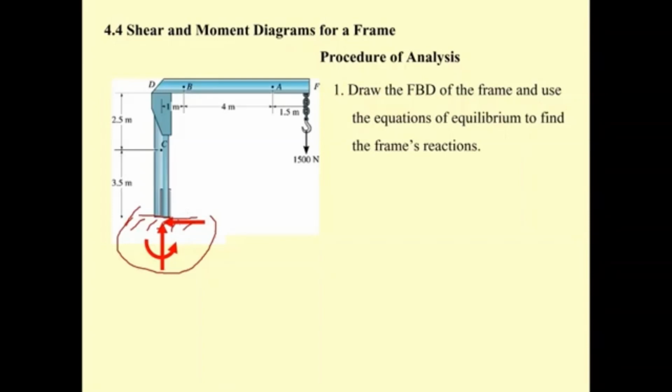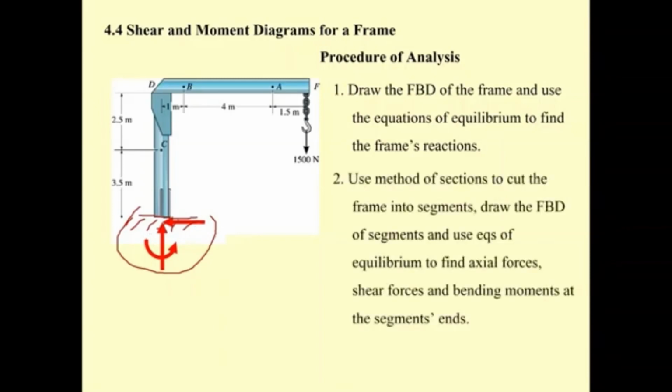Summation of f sub x equal to 0, summation of f sub y equal to 0, and summation of the moment equal to 0. And then if you'd like to draw the shear diagram and moment diagram of the frame, after you know these forces, for example, this one is going to be summation of f sub x equal to 0. This one is going to be 0 kilonewton. And then if you do the summation of f sub y equal to 0, you will get what? This one, the vertical force, is going to be equal to